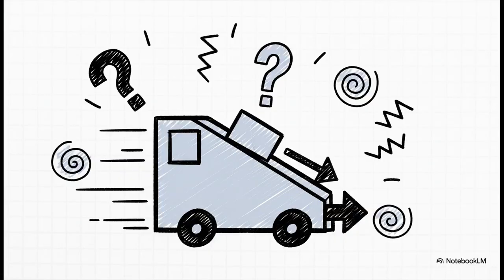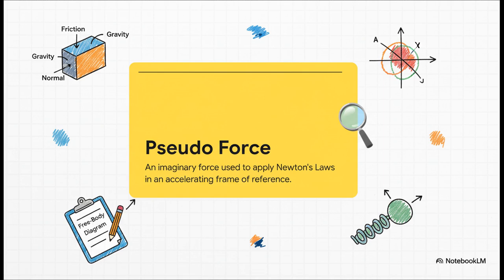It feels so complicated because you've got the block moving on the incline, but the incline itself is moving inside a truck that's accelerating. It's just a headache, unless you know the secret of pseudo-force. So what is this secret weapon? A pseudo-force isn't a real force, like gravity or tension. Think of it more like a mathematical tool. It's a fake force that you add to your FBD, and it lets you pretend that an accelerating system is